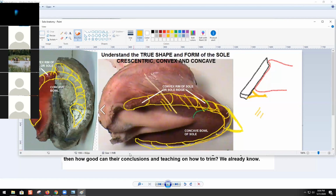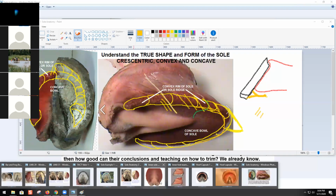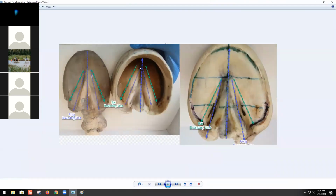Okay, so now I want to show you about that mapping. So let me go over here. And okay, so you know that the mapping is based on the lines, the boundaries of the internal foot. It just stands to reason, doesn't it? That if your bars,